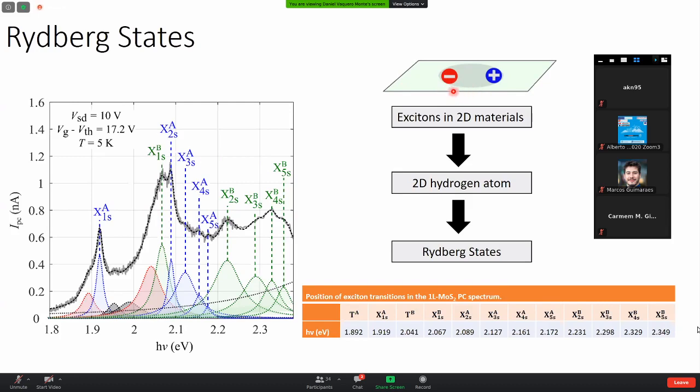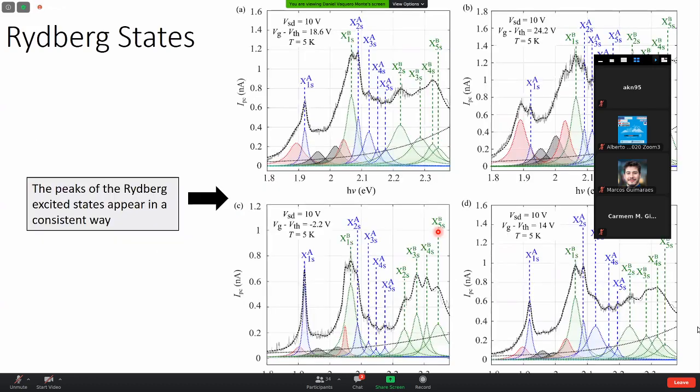We have here the representation of the exciton, and it behaves like a 2D hydrogen atom. And this system has excited states that we call Rydberg states. In order to associate these excited states to the Rydberg states and do a correct labeling of the quantum number, these states appear in a very consistent way in all the measurements. As I was saying, in order to